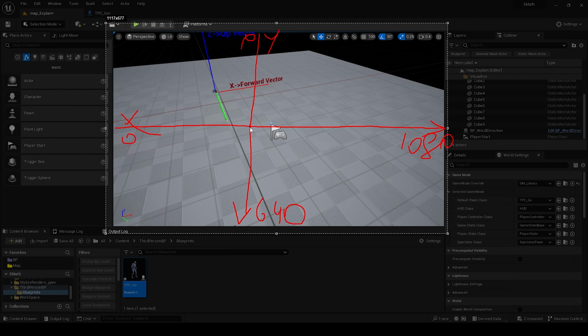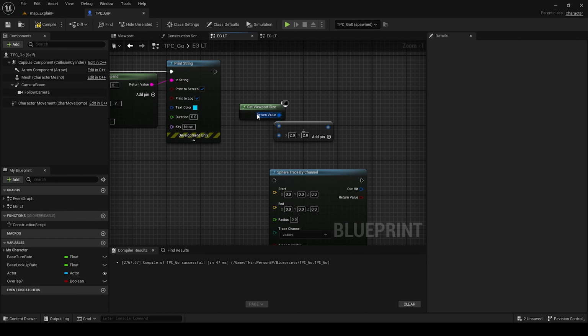And we want to make the middle point, so we take this 800 and divide it by 2, and the same in the Y. We divide it by 2 and get this point in the middle. So let's make it: get viewport size divided by 2,